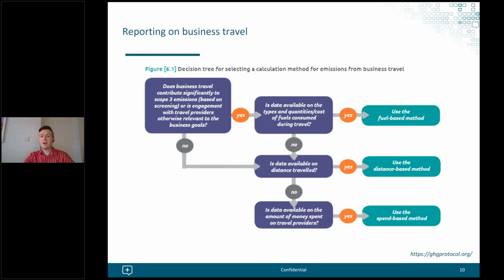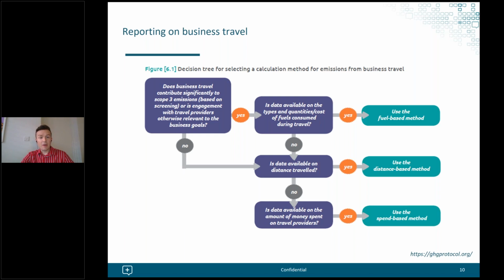So when COVID hit and companies were starting to think about their 2020 environmental reports, one of the most common questions or points we get asked about is business travel, particularly companies within professional services or client-led industries that may have had historically large amounts of business travel and then are not traveling at all during 2020, and how to report on that information during that period.